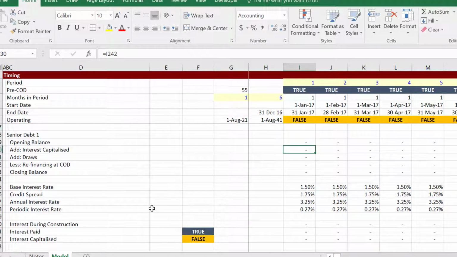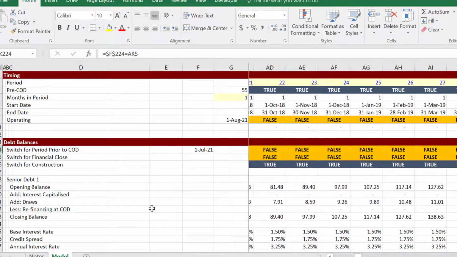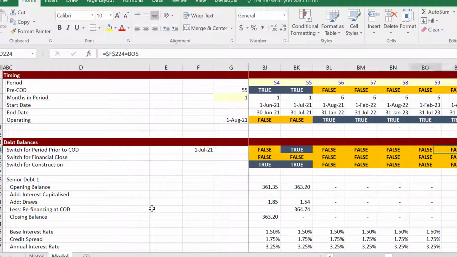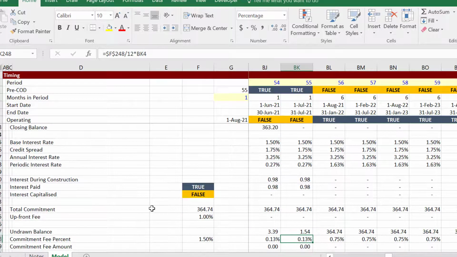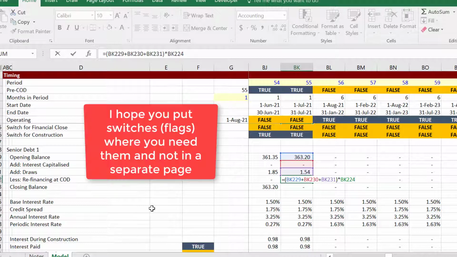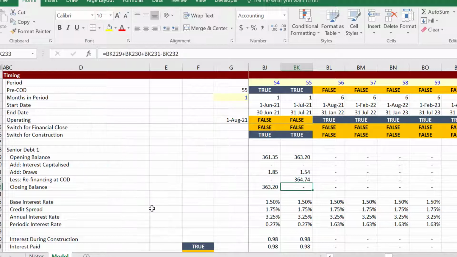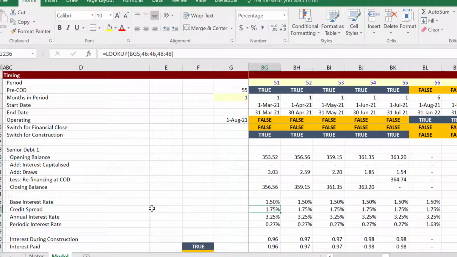And once we have these set up with the different debt issues, you take the debt draws directly from the sources and uses. So we put this in the right order. I'm going to refinance at COD now. I moaned a lot about this before, and I put 3 little switches up here, and I put a switch for right at the date before the COD date. We have a little bit of true and false, and we'll just repay our debt right at that level, at that amount, which is just taking the opening balance and adding any draws. And I don't think we even have to put that in the function, so we don't have to worry about that too much. And then we have the closing balance, and we use the